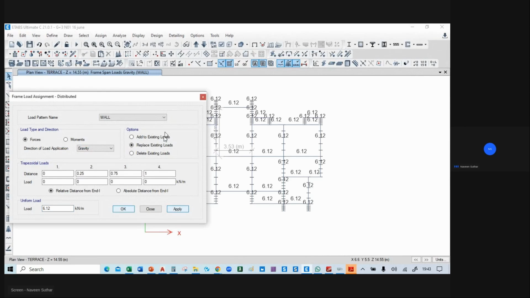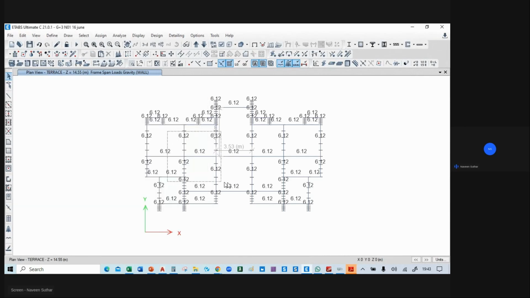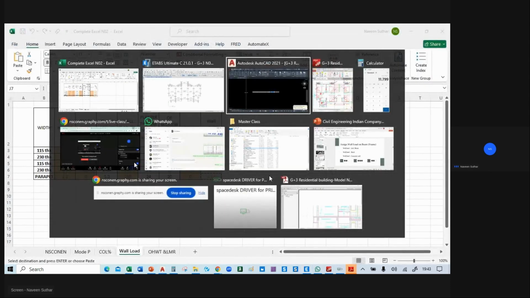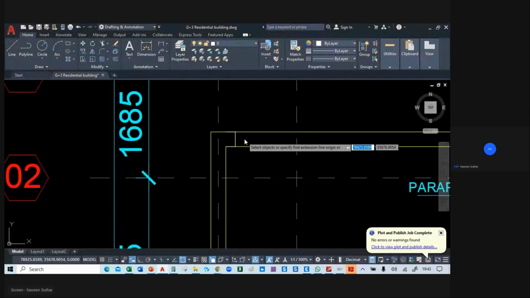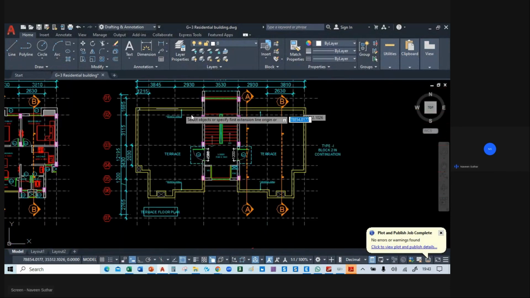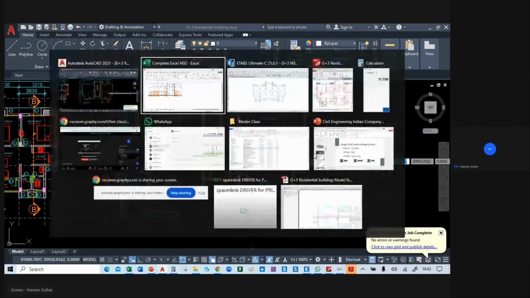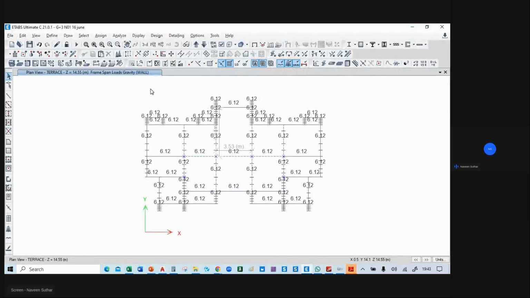and apply. Okay, so here what you can do, you can select the middle beam and you can remove the load from the middle beam. Okay, here you can see it is like this. Or what you can do,